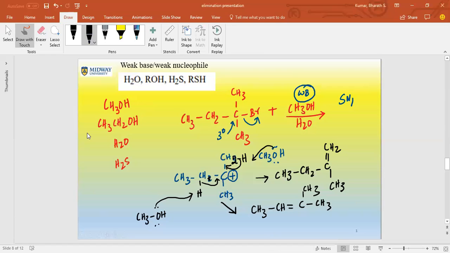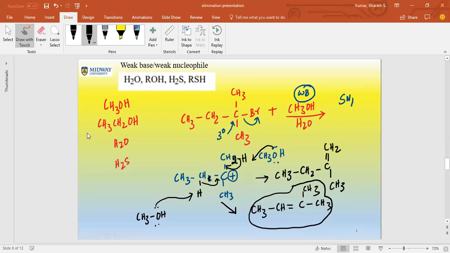Now, we have two products, right? Which one is more stable? Well, this is more substituted compared to this, so this is the major product. Okay, so either of these hydrogens could have come off, but this is an SN1. Again, you first generate a carbocation and then the nucleophile attacks. How do we know it's SN1? Because it's a weak base and we're starting with a tertiary carbocation. Okay, that's the most stable carbocation. And then your secondary, and then